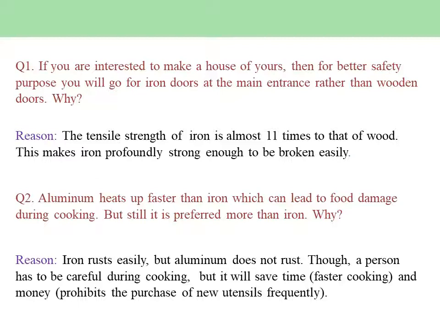So why are we using it? Because number one, aluminium does not rust. The second, if iron rusts, after a certain point of time we have to throw that container, the utensil or vessel, out. We cannot use it anymore because it is already rusted, so it cannot be used further for a very long time. Under such circumstances, we have to change the iron container. So there is a waste of money as well as a waste of time.